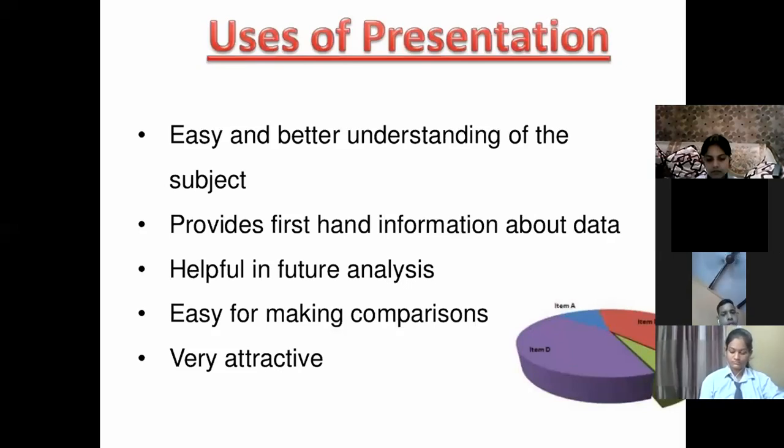Roll number 1 has scored 20 out of 30, roll number 2 has scored 23 out of 30, roll number 3 has scored 25 out of 30. It is really complex for me to handle such data that I'm just collecting for the raw purpose. So what I should do, I should definitely first arrange that data, make the slabs, right? 0 to 10, how many students have got 0 to 10? 10 to 20, how many students have got 10 to 20?